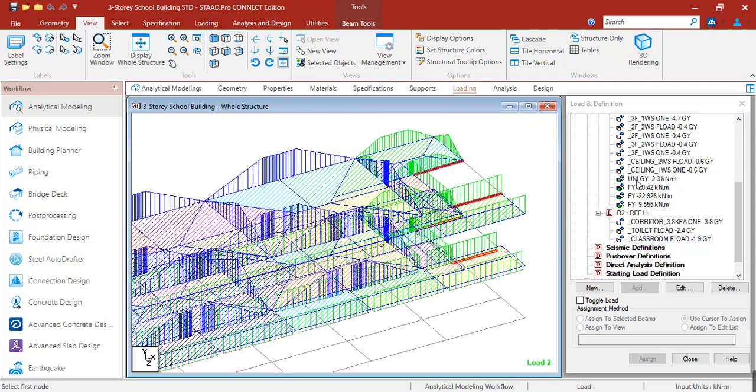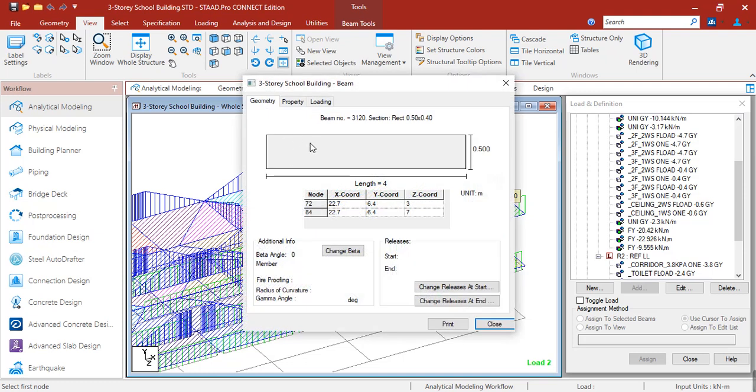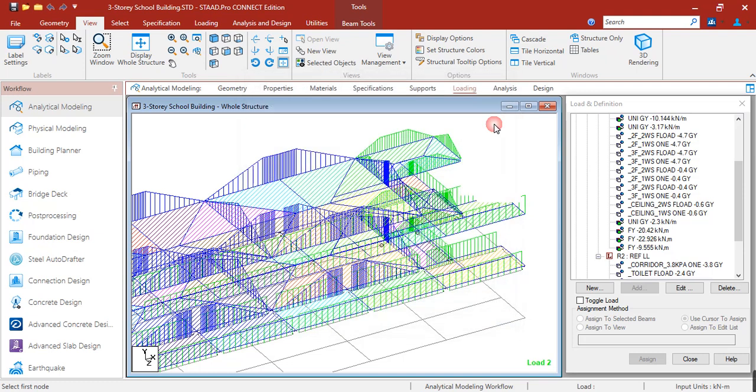So let's load first dead load. So for the dead loads, let's just assume 4 kPa. Okay, so 4 kPa, then let's multiply it by the tributary area, which is this is 2 meters, 4 meters, so divided by 2 is 2.